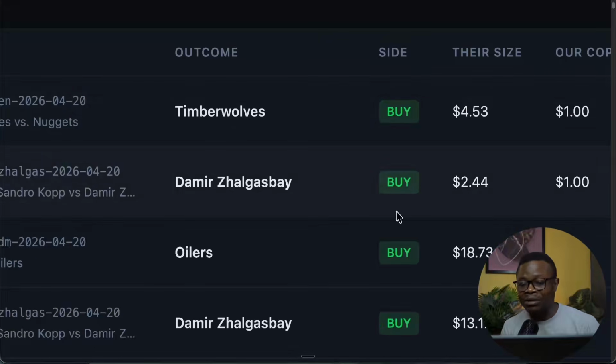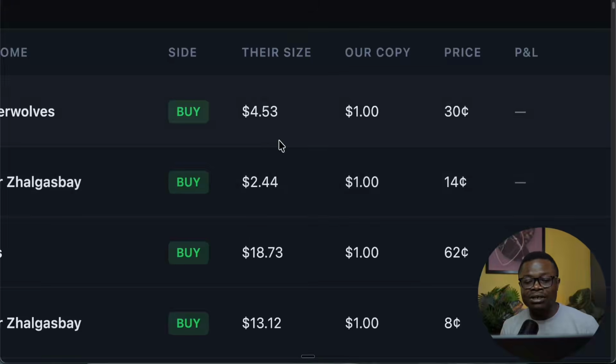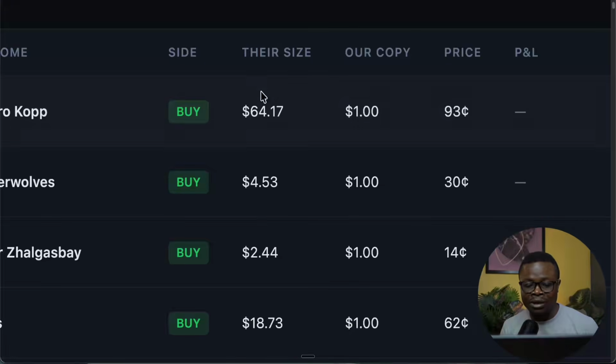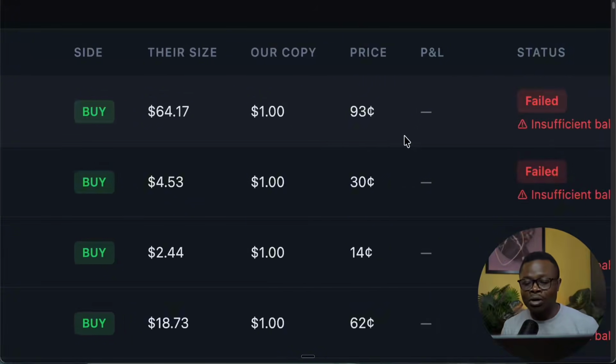The side is, if it is a buy or sell, you'll see that right here. So this trader entered his own trade with $4.60. You can see it just updated. This one entered this particular trade with $64, and we are copying the trader with just $1 because of the